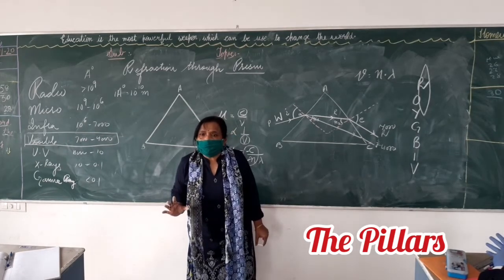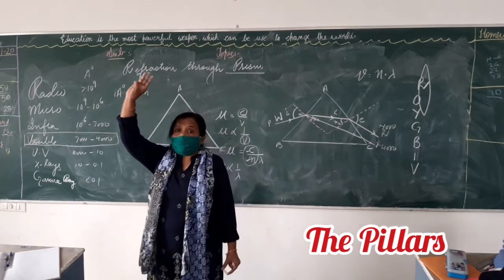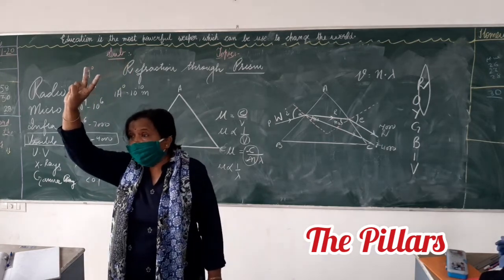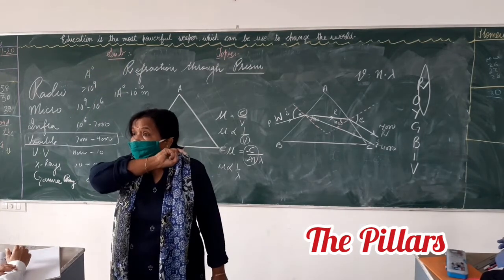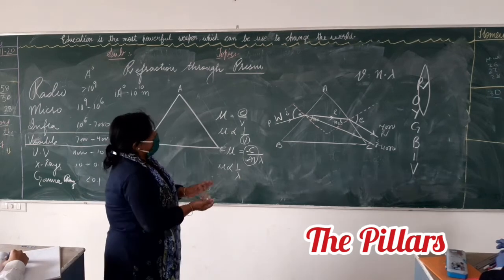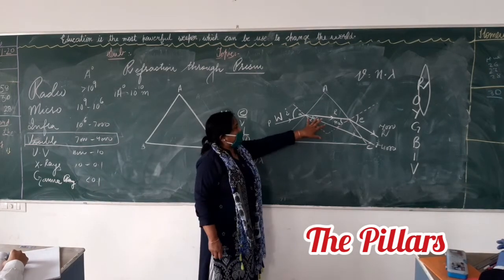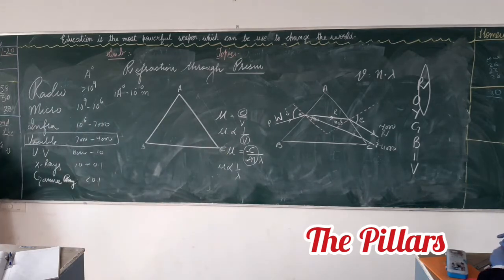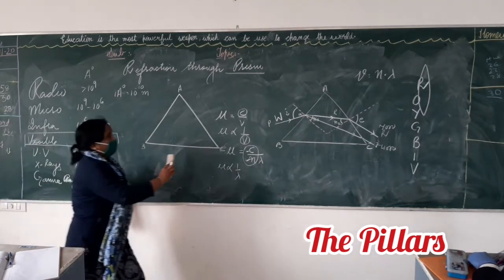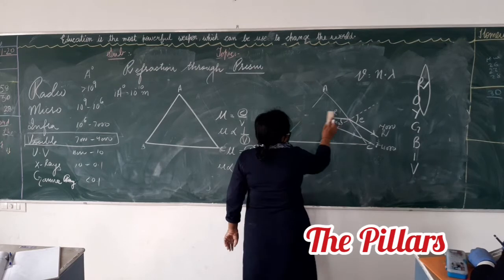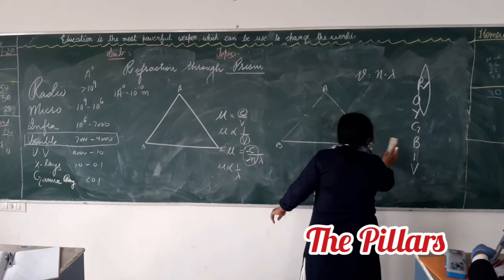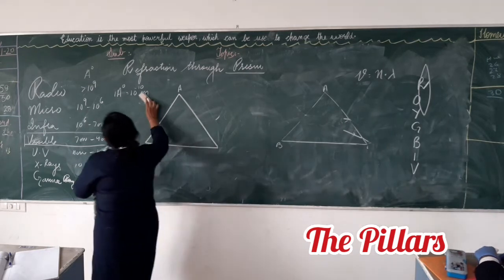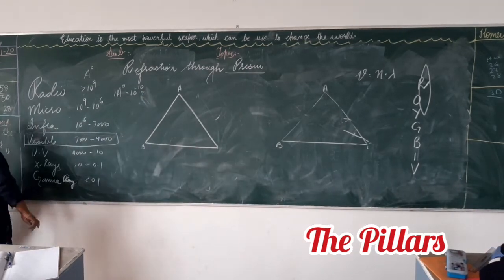Clear to everyone? What is dispersion of light? What is the reason for dispersion of light? This you have seen. The question may be of this form. I want you to draw this: refraction through a prism. You have already put that, no children? Right. You draw this.